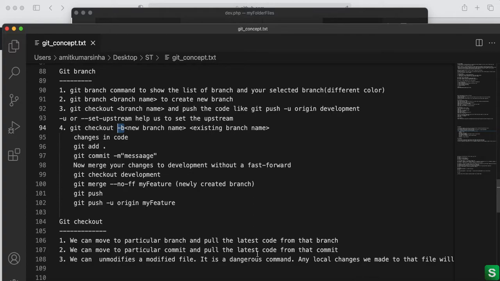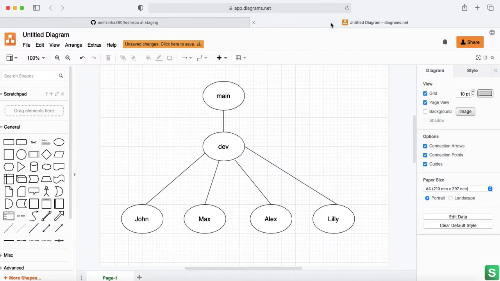So why do we need the parent-child combination? I drew a diagram here. Many times when we have more than one developer, we need a scenario like this. There is one main branch which goes for the build and one development branch which has 4 children if we have 4 developers.